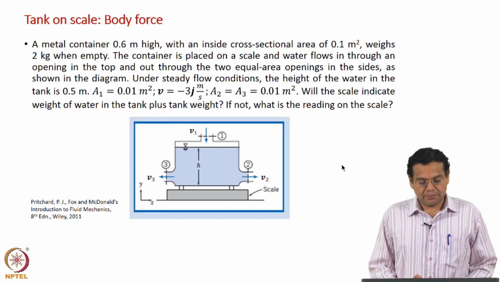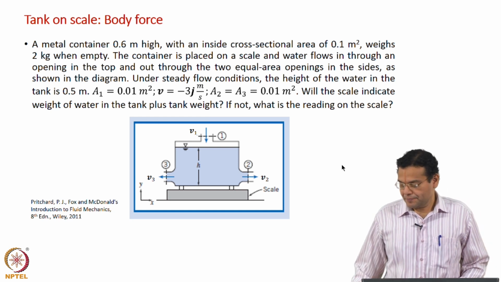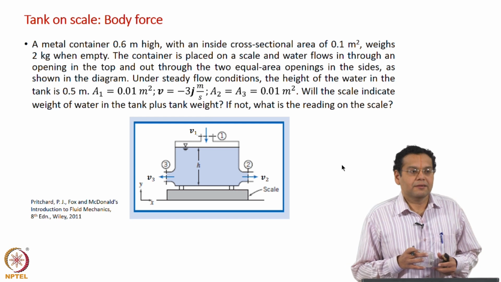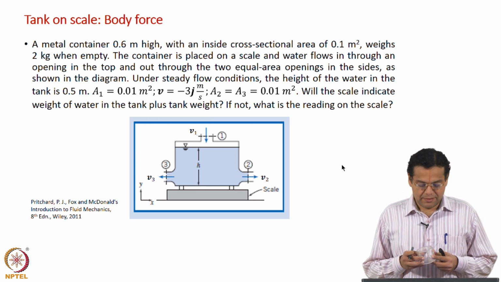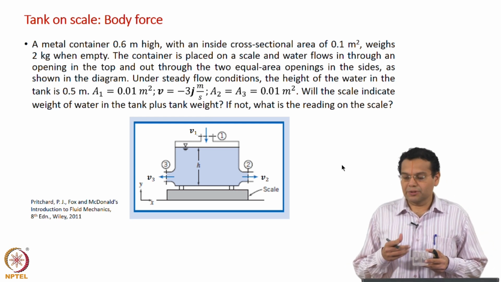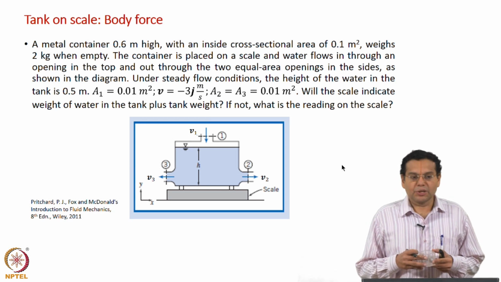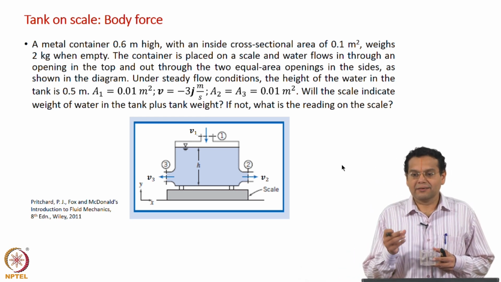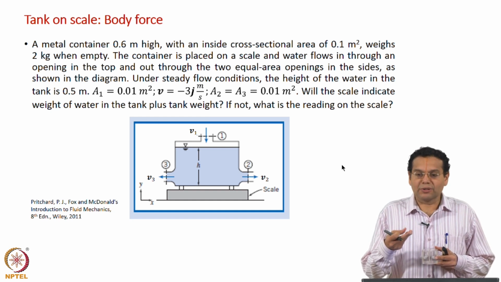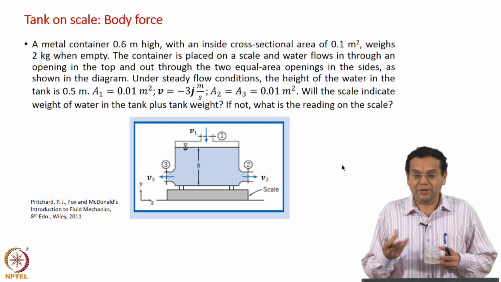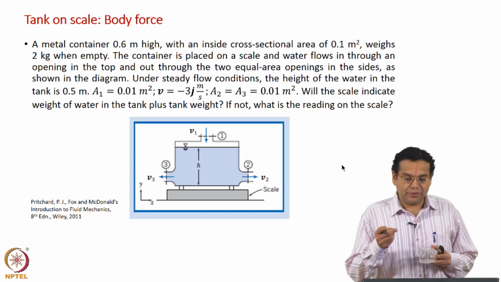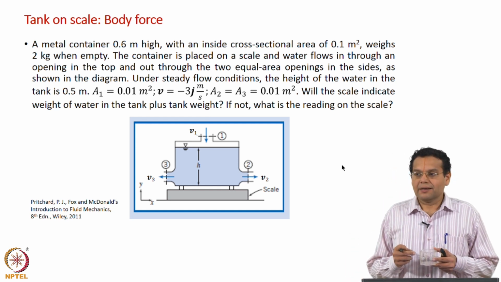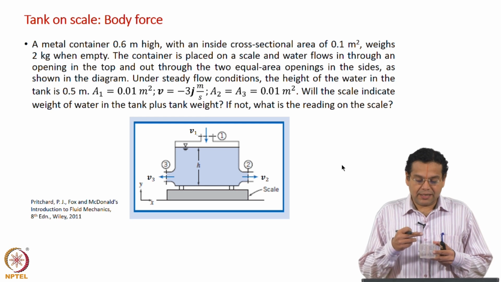The second example: what we have is a container like this, and for example you would measure some liquid or any sample in your lab. You first put the container and it will show the mass, and then add some liquid, and it will show the total mass. Let us say the balance now shows the weight; it first shows the weight of the container, and then the weight of the container and liquid.